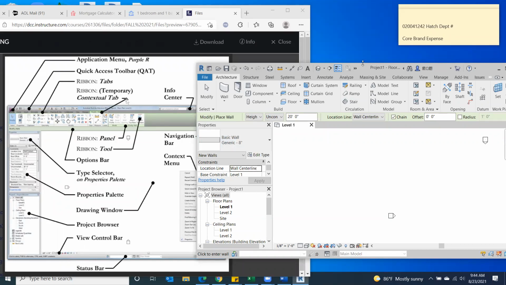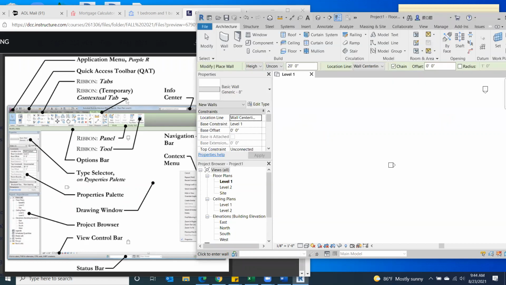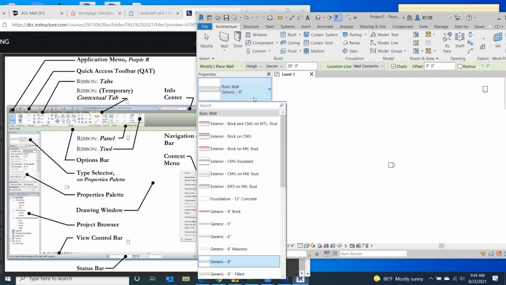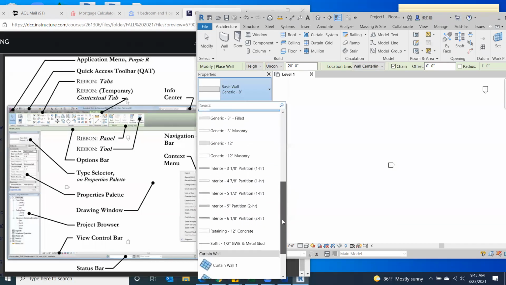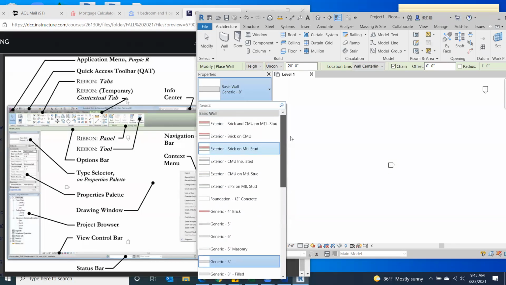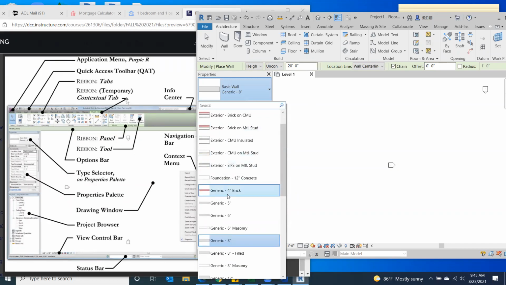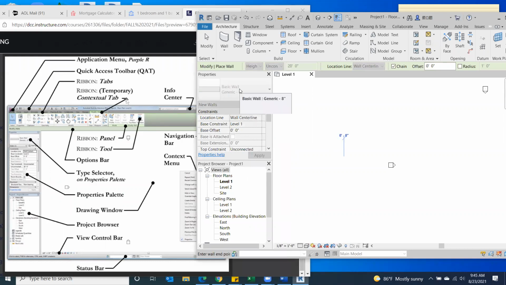Another big one that you're going to hear used a lot is type selector. Type selector is located here. And if you click on that and just do a drop down, you'll notice there's a bunch of preloaded walls in here, different types of walls that have all sorts of different parameters assigned to them. When you're creating a wall, we'll learn how to create our own walls, but you can also select different types of walls. So that's why it's a type selector, and they have different parameters in here. Once you select your wall type,